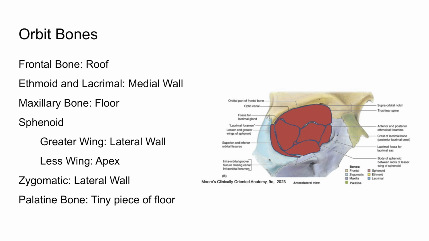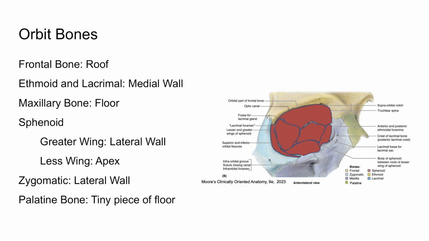the classic site of what's called a blowout fracture. Because the floor sits over the maxillary sinus and is relatively thin, increased pressure from trauma can cause it to fracture downward, allowing orbital contents to herniate into the sinus. So this often traps the inferior rectus muscle, leading to an inability to look upward and resulting in diplopia or